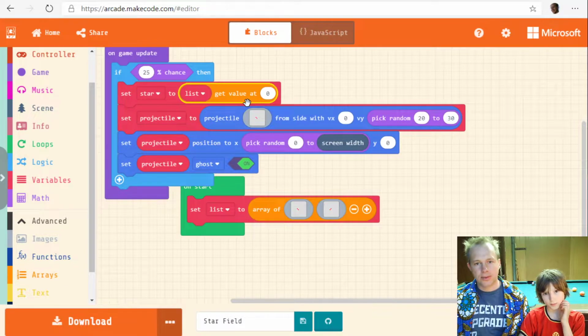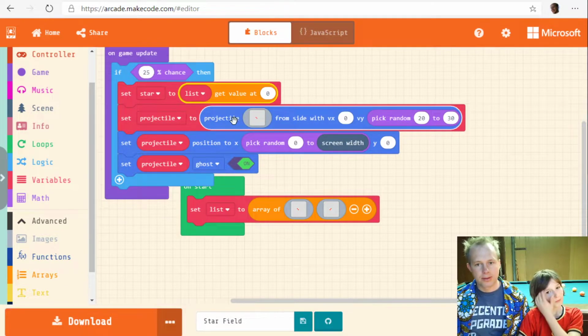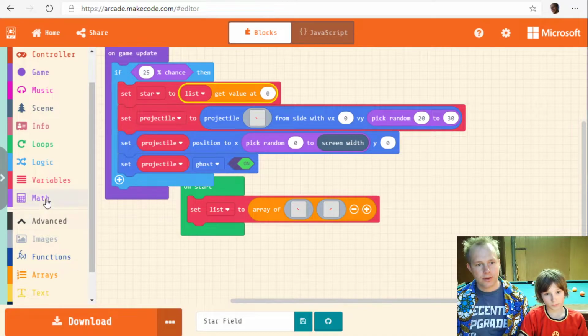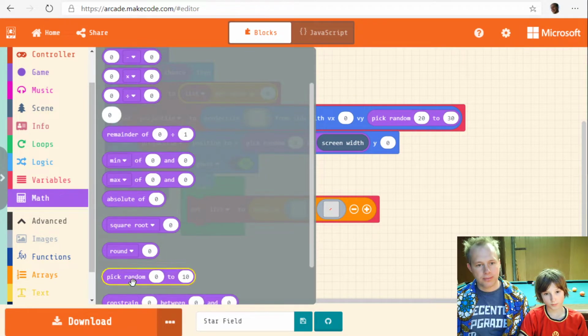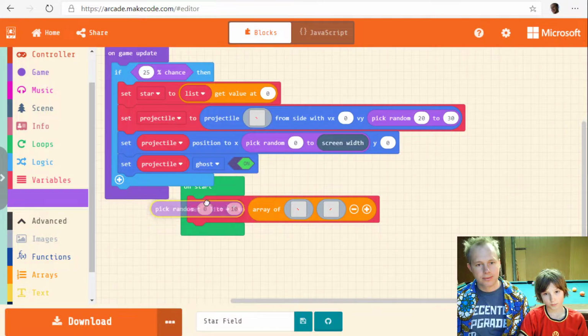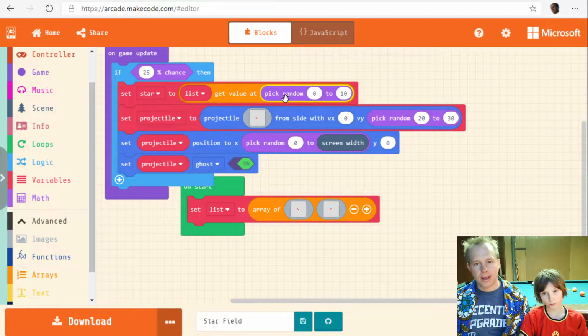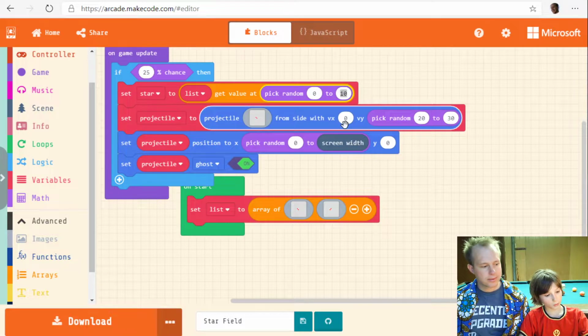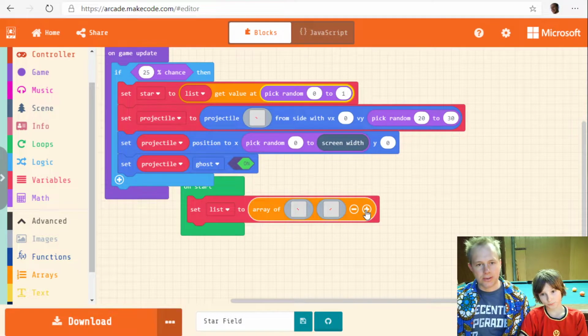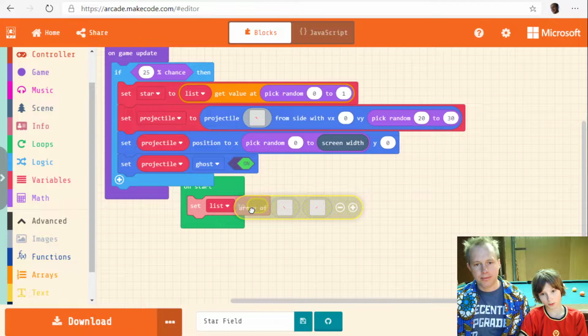Now instead of 0, we want to use a random number. So we're going to get the good old pick random. And the index go from 0 to 1. But because we don't want to remember that all the time,